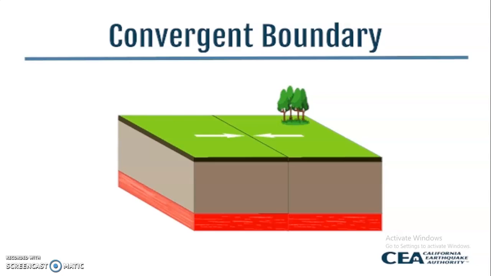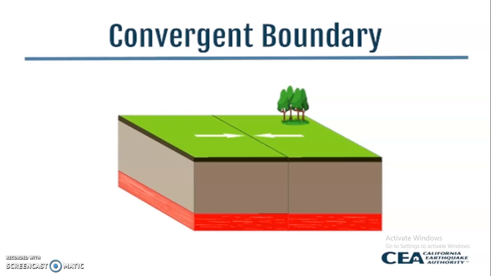back into the mantle. Plate-to-plate collisions produce different results depending on the type of crusts involved. Oceanic crust colliding with a continental crust would result in the subduction of the oceanic crust under the continental crust. This is due to the fact that oceanic crusts are denser than continental crusts.